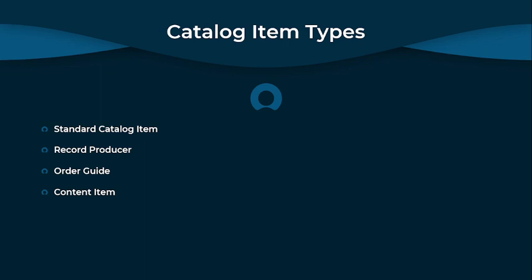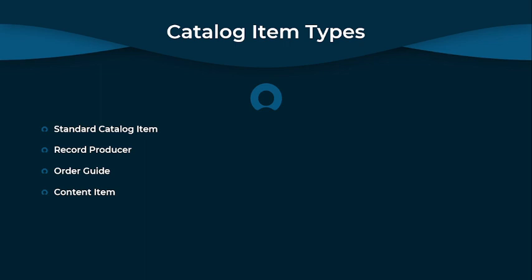A standard catalog item displays a form that users can fill in to create a request, such as a form to request an item or service. Standard catalog items make use of a request table and produce a request record. In addition, generated requested items are linked with a workflow, a catalog task, and any related approvals. Using standard catalog items, users can add multiple items to a cart and generate a request for each requested item.